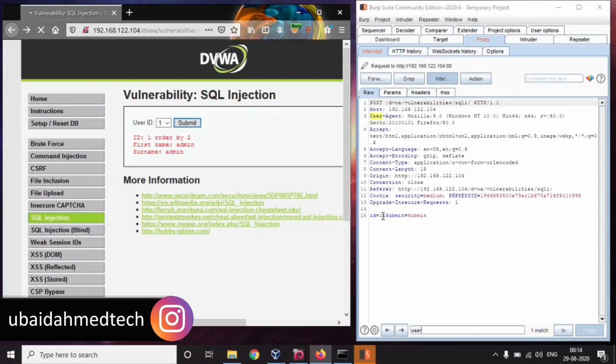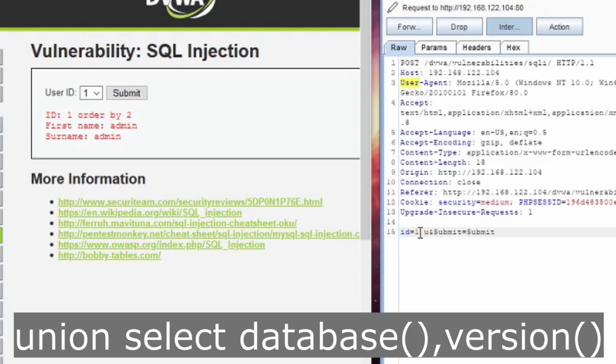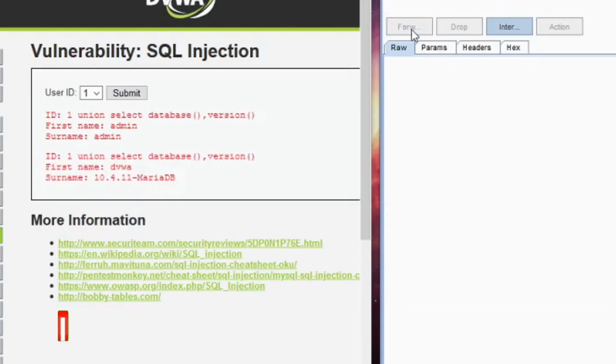Now let's find out the database name. For this I will use union select database, and let's also find out the version. So the database name is DVWA and the version is 10.4.11 MariaDB.